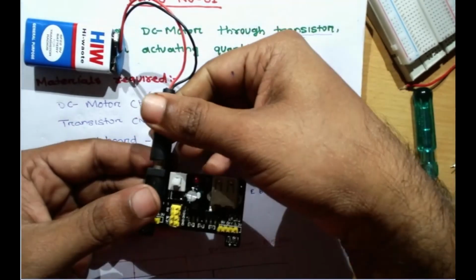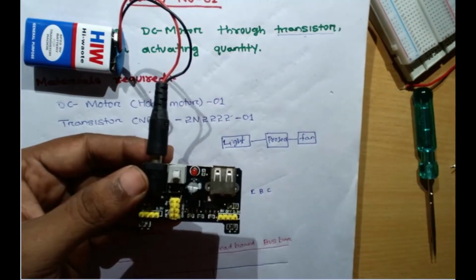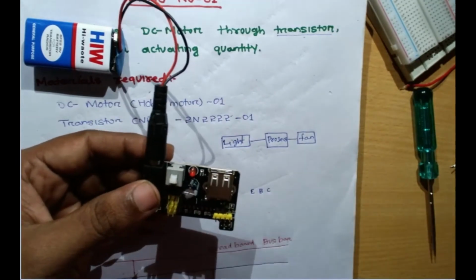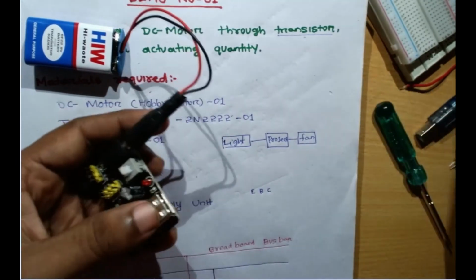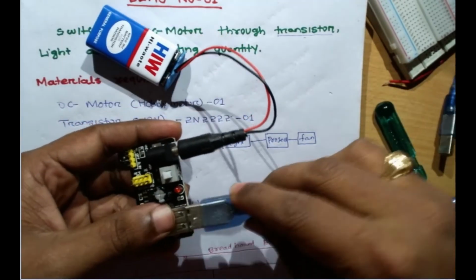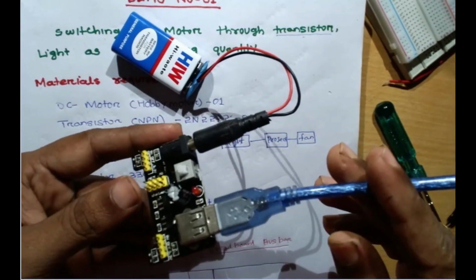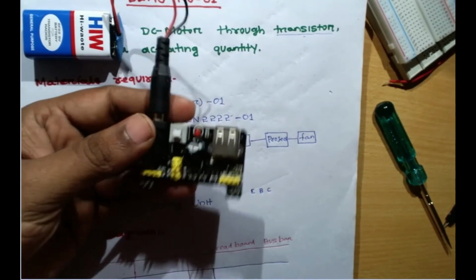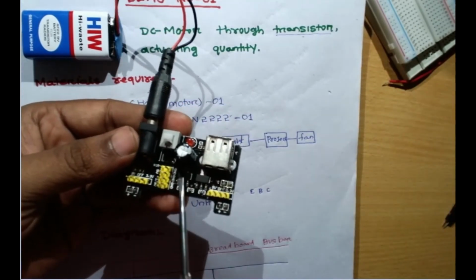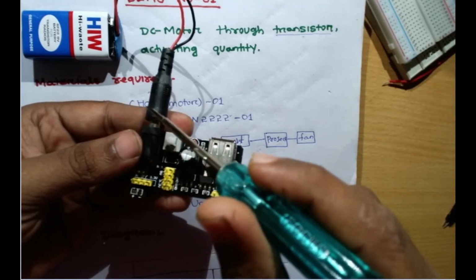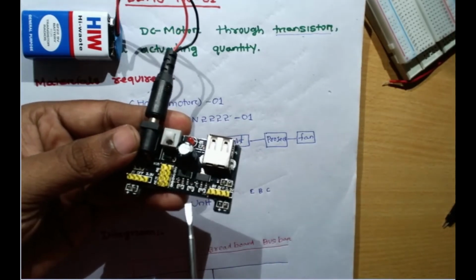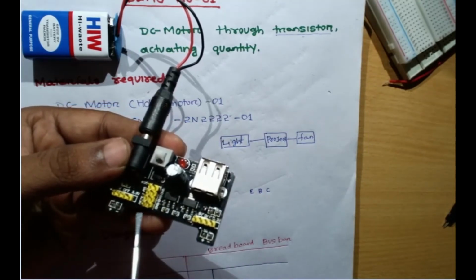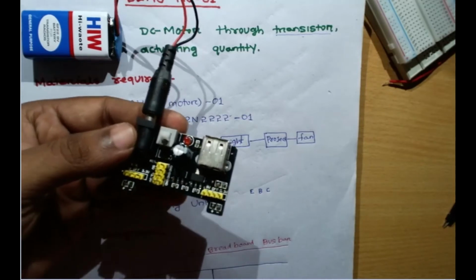Since I have the power jack, I enter it. Now I can collect the power from here also with the help of any USB like this. Okay, like this you can connect. Now we'll go to the details in our next class, otherwise this video is lengthy. These are 2 regulators you can see. For the 5 volt, which converts this 9 volt to 5 volt, you can see this is a regulator. You can easily see these are the regulators from where we are getting the constant 5 volt from this power supply unit.